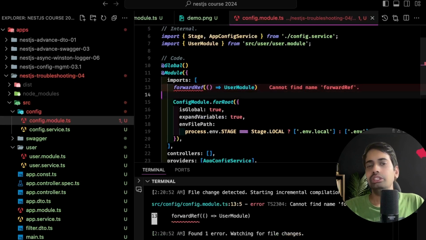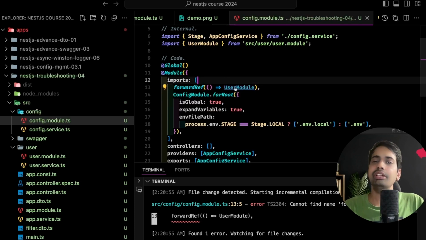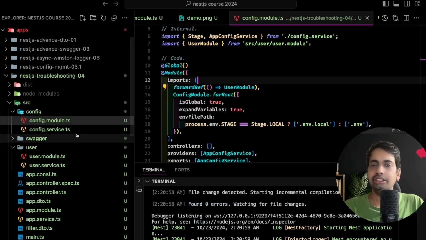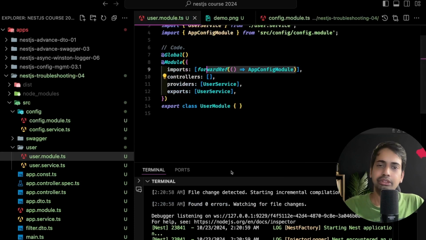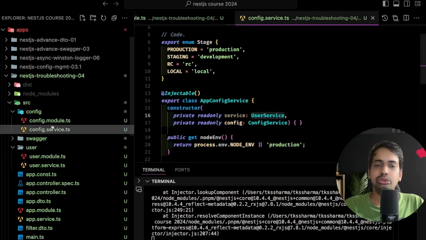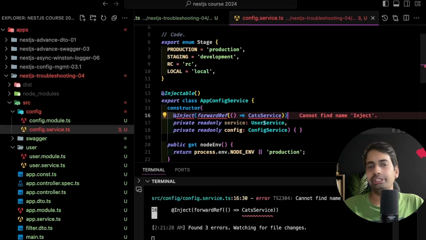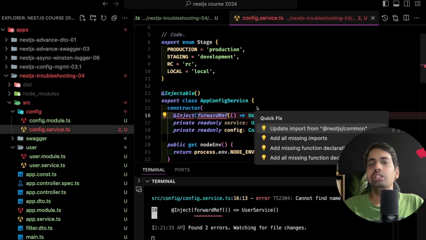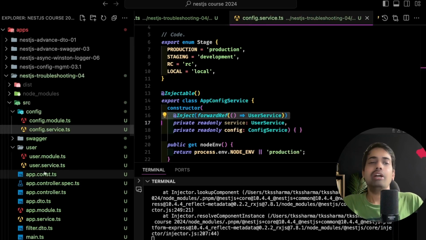So this is step 1 to fix it. Now step 2 will be inside the services where we are injecting the user service and config service interchangeably. So here let's go to our service. The issue still persists. So here we need to inject forward reference user service. So NestJS knows, okay, the user is explicitly allowing this kind of a